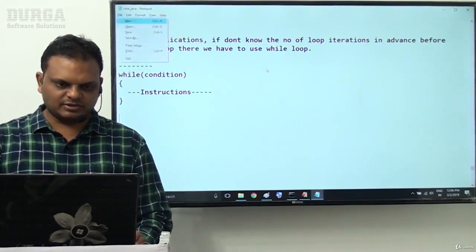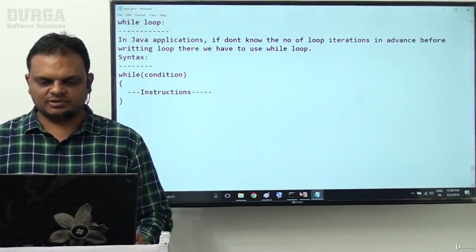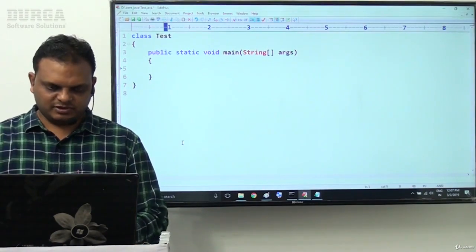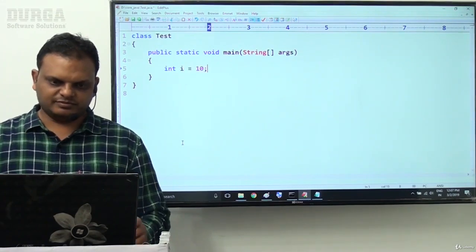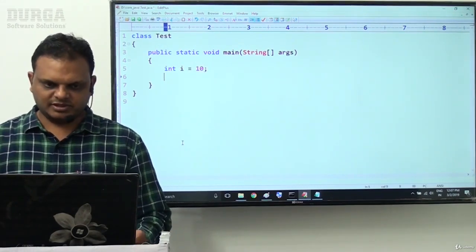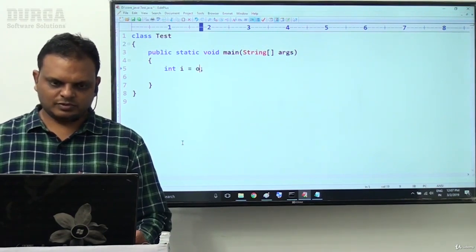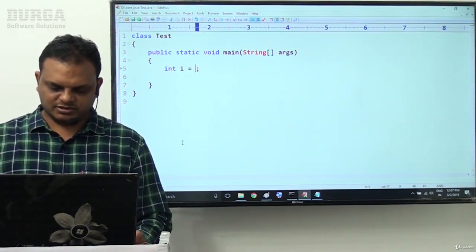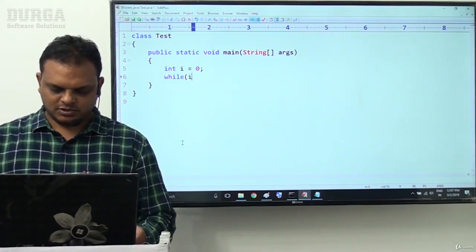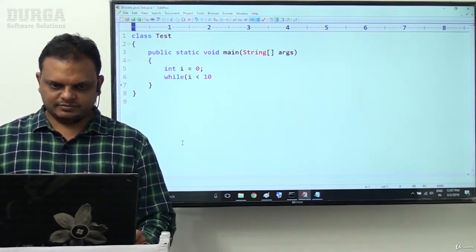Let me go for a simple example. For example, int i is equal to 0, sorry, not 10. Next, while i less than 10.